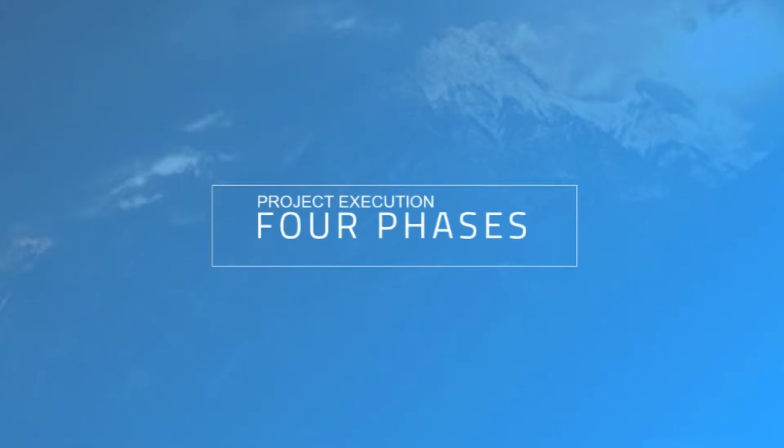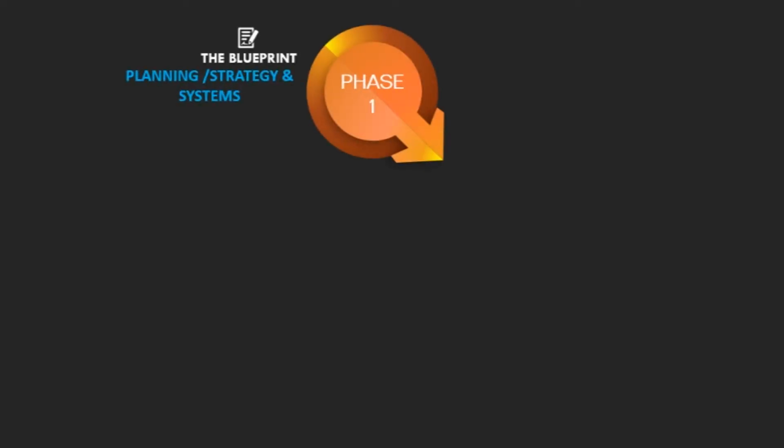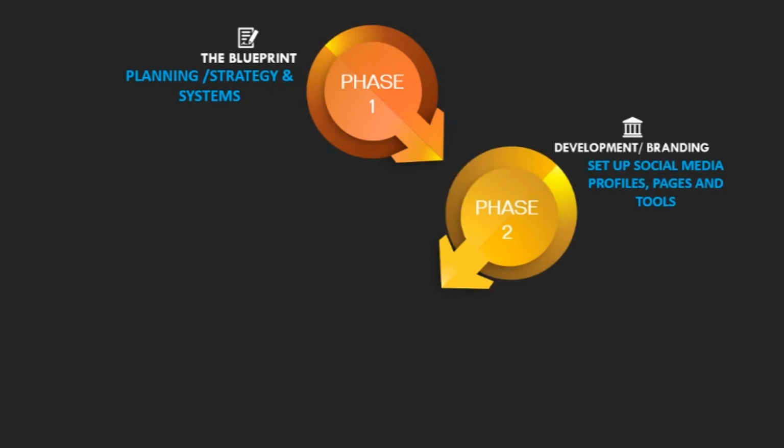Alright, so as a social media manager, every project you undertake, you would most times have to deal with these 4 phases in your project execution. Phase 1, I call the blueprint because this is where you do your research and your planning. You're basically working with a brand, so you need to understand who their target audience are, who their competitors are, and what kind of content their competitors are posting. You pick the top 5 successful competitors they have, and you understand what content they're posting and what contents are resonating with their target audience, and you come up with a strategy and you build a system around that project you're executing for that brand.